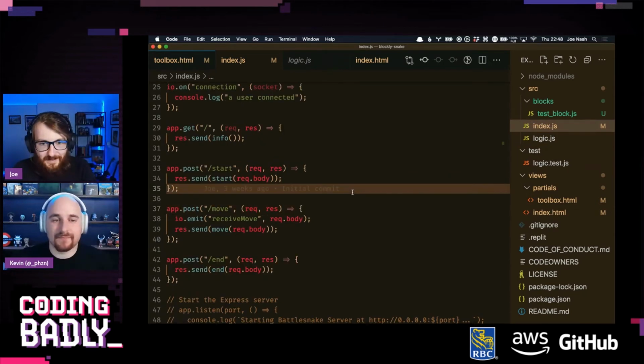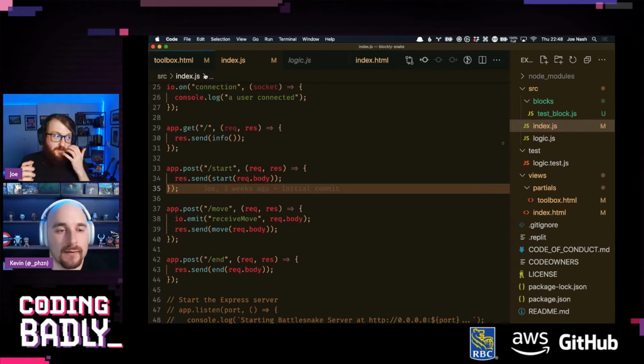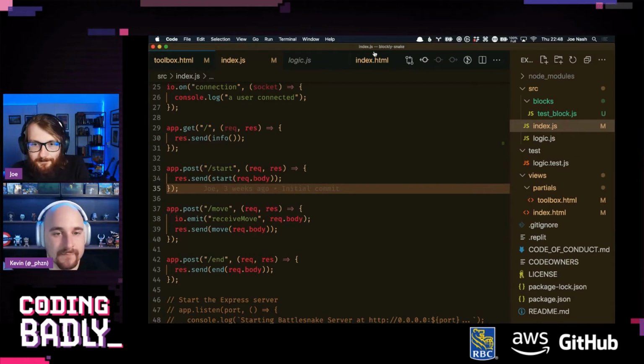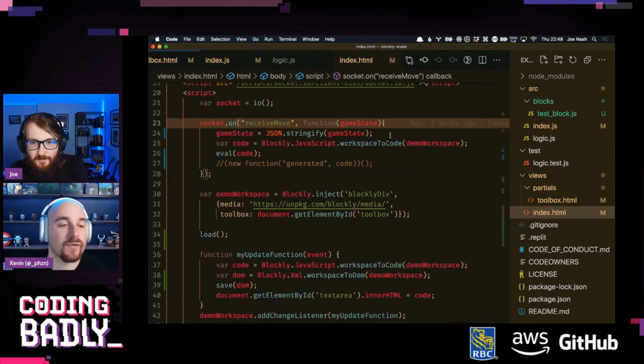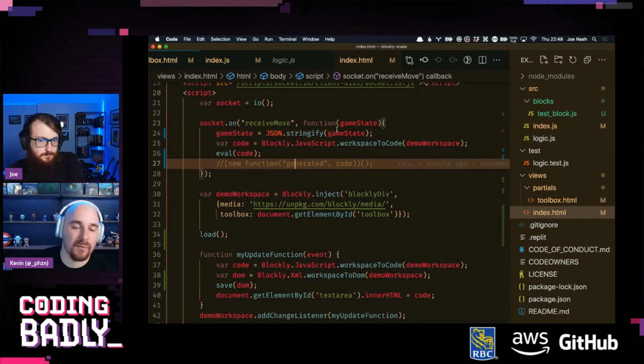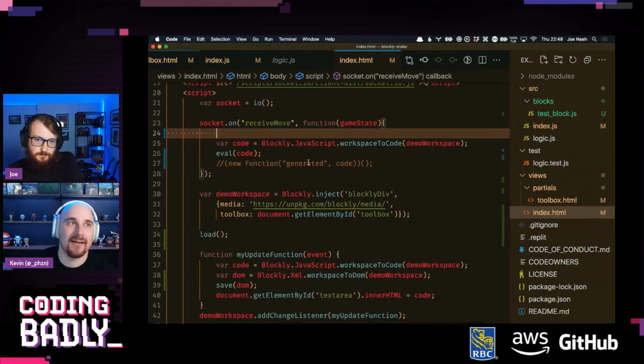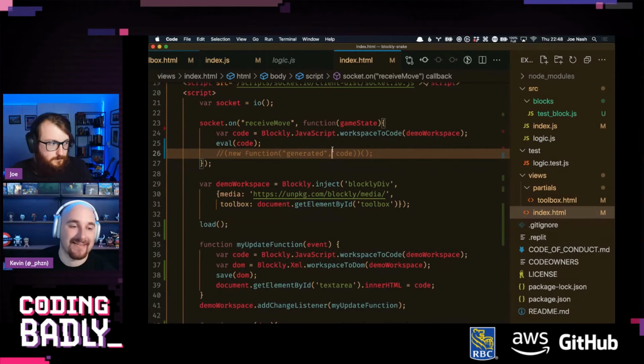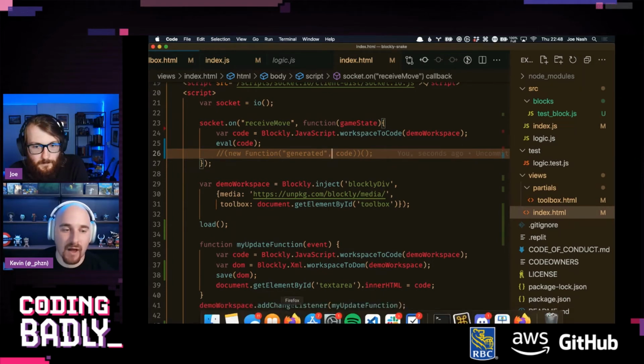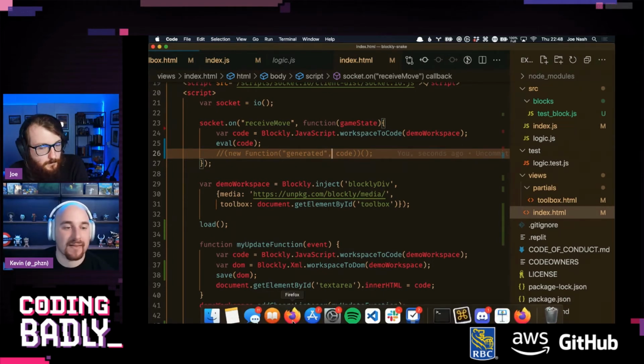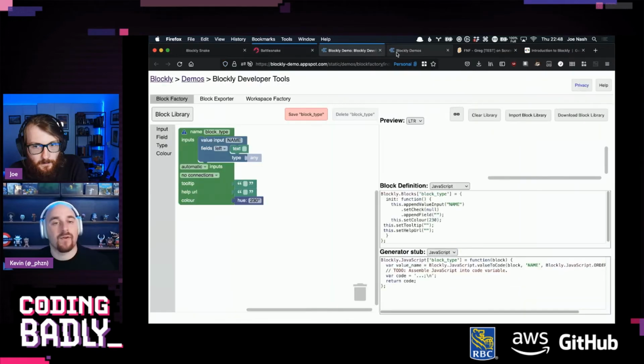Well, that's exciting. Okay. So we can just get into game state now. So the world is our oyster. That's very exciting. So what we probably want to do is make a Battlesnake block that takes in this string and then spits out in some form, or assigns other variable values or something like that. Yeah. And then we can just freeform use those variables.